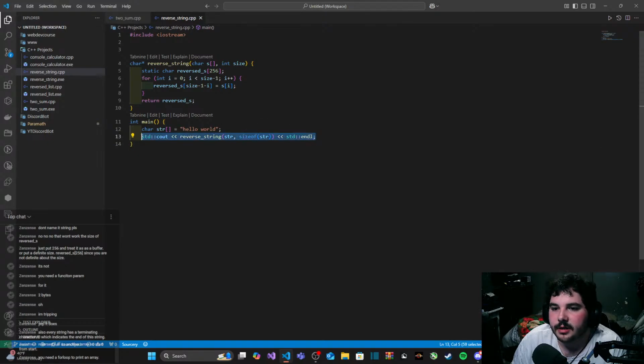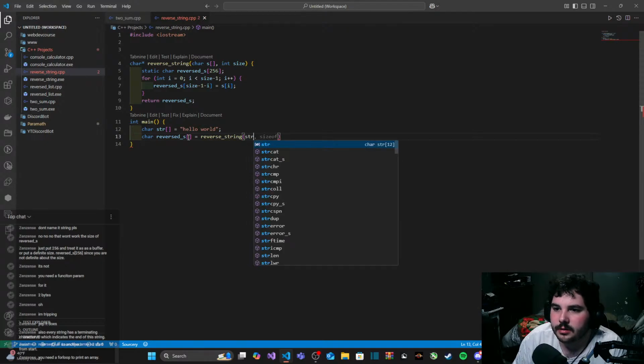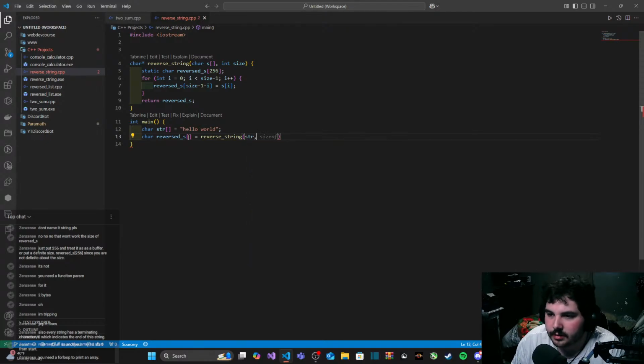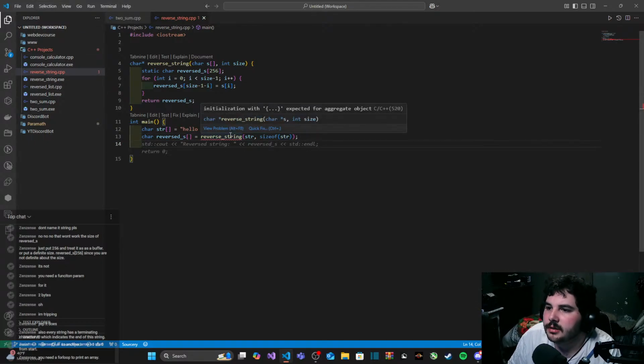Okay. Reversed s. Hold on. What is this? Expected aggregate object.